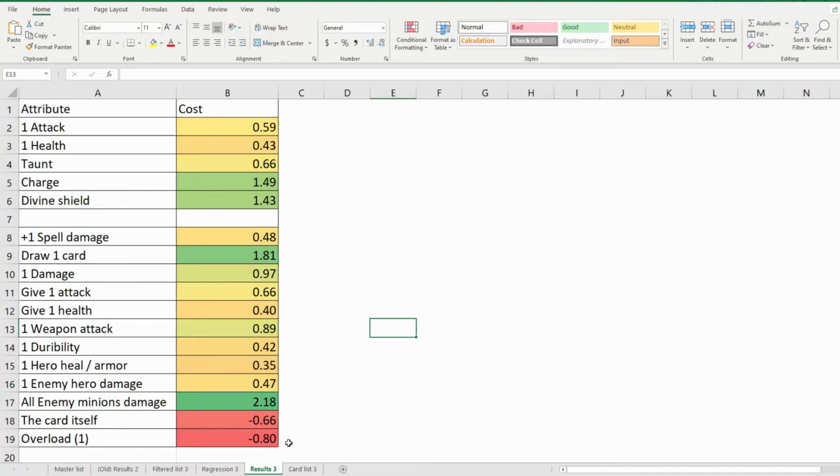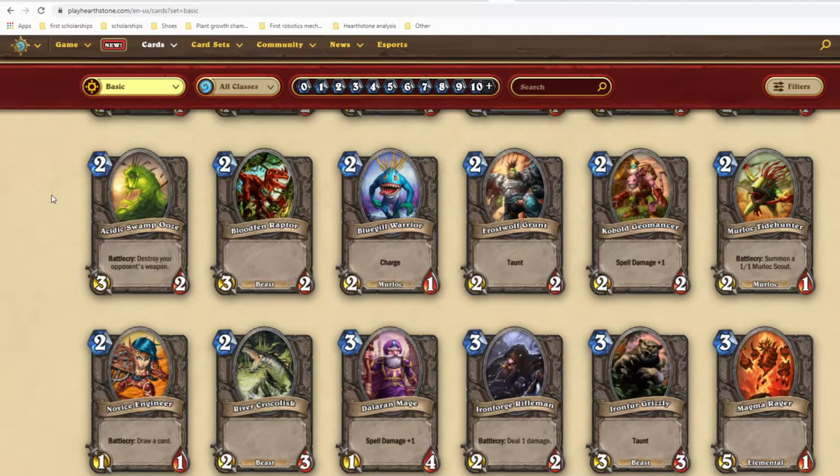And so if we start with this 1 attack and 1 health up here at the top, I think it's pretty obvious that in the basic set that 1 attack and 1 health is worth 1 mana. But I was a little surprised that attack cost more on a minion than health did. So this means that in the classic set, cards with high attack values cost more than cards with high health